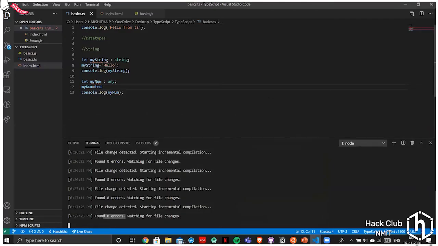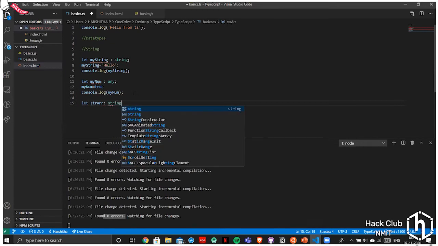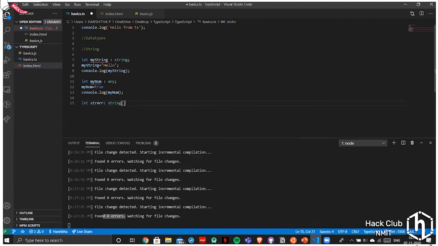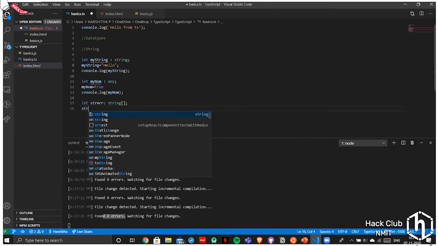Next, I'll show you arrays. There are actually two types you can use for the syntax. So I'll take str array, and this can be written as whatever you want, like your data type to be, and then just include this. Yeah, and then array.